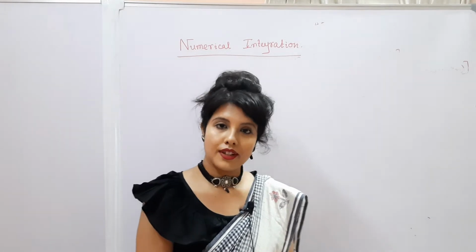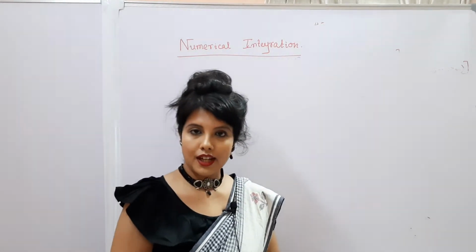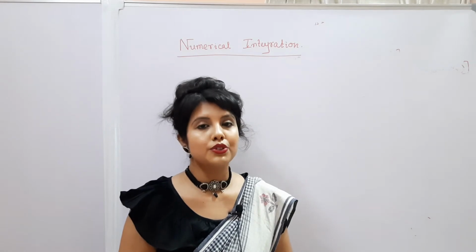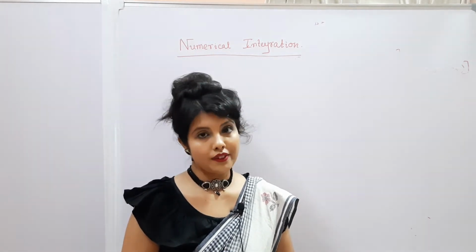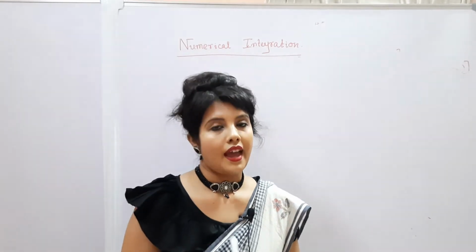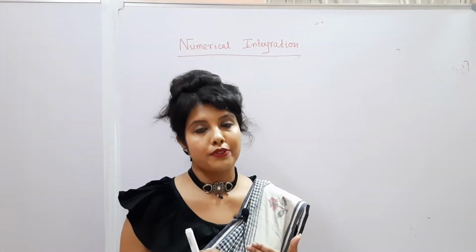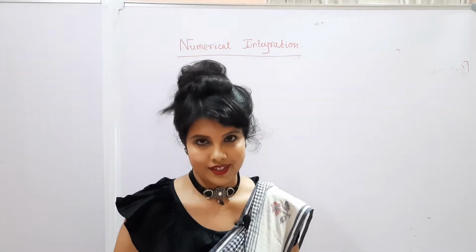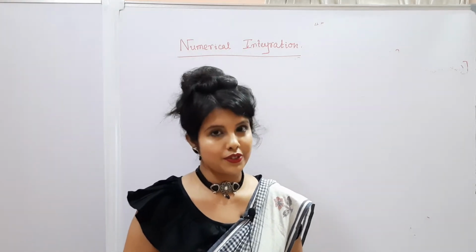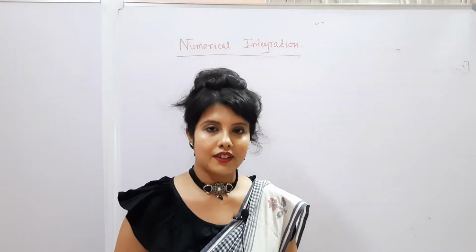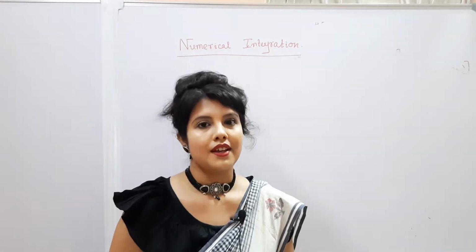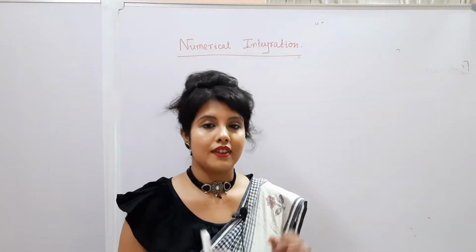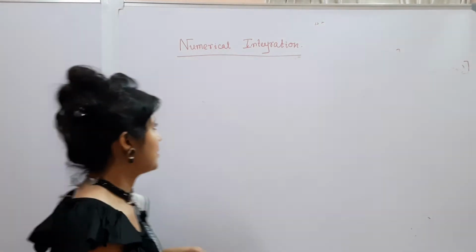So, first going to the detail of this numerical integration, I am going to derive the general formula for quadrature, okay, and then from the general formula of quadrature I would like to derive two particular cases, okay, and these two particular cases are the main points of attraction. One is the trapezoidal rule and another is Simpson's 1/3 rule. So before going to the particular conditions, I would like to derive the general formula for quadrature, okay.